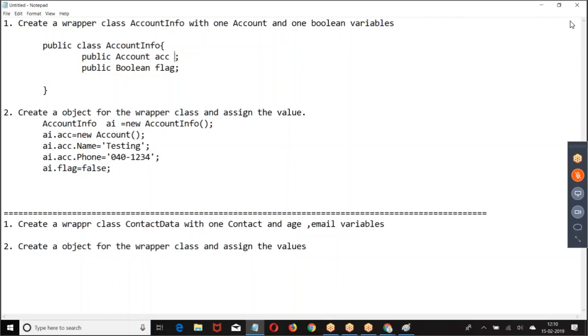Complete the second example. First, create a wrapper class.